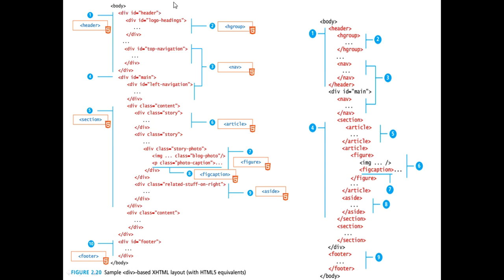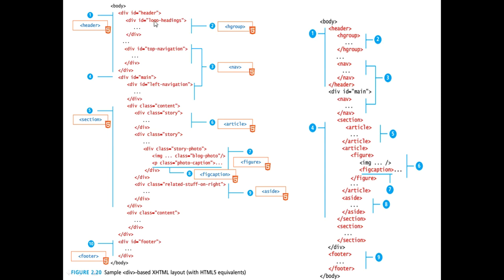This division is used for the header purpose, so there is a header tag available, meant for that header content. So instead of a division you use a header, and we have a header tag in HTML5.